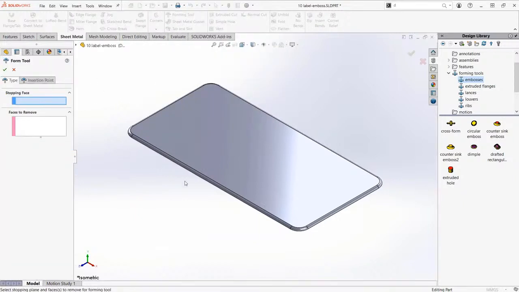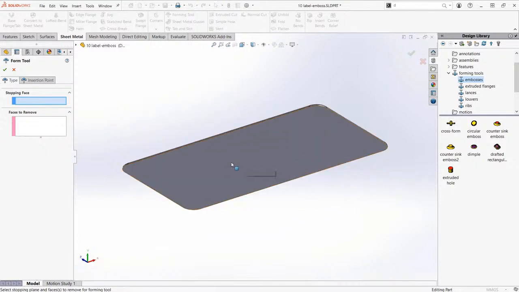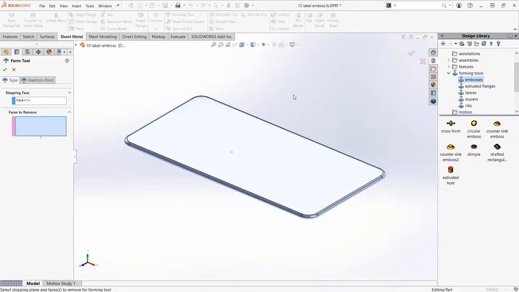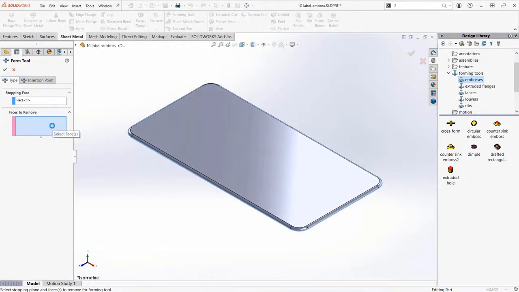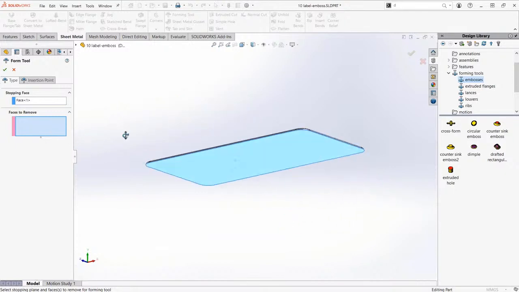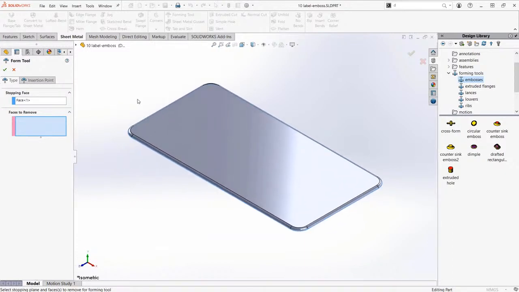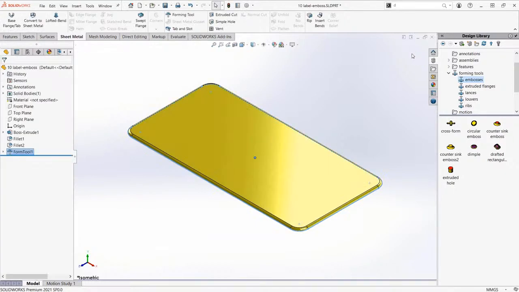The stopping face, I would like this to stop at this face. And for the faces to remove, if you want to remove a face, it'd be more like a cutting tool that would cut into the part. So we will not be utilizing faces to remove in this scenario. So if you want to just emboss this, let's leave faces to remove blank. Okay, so selecting the green check mark,